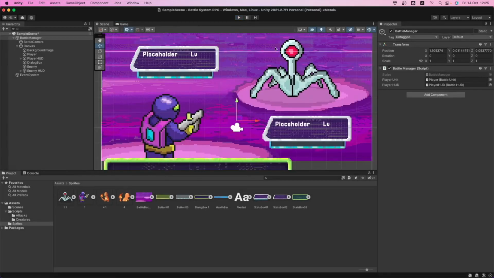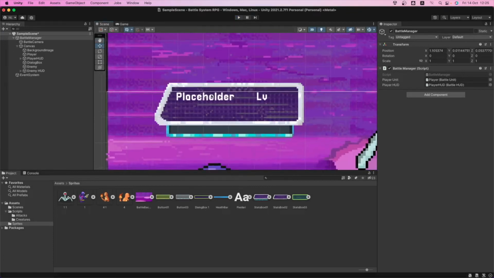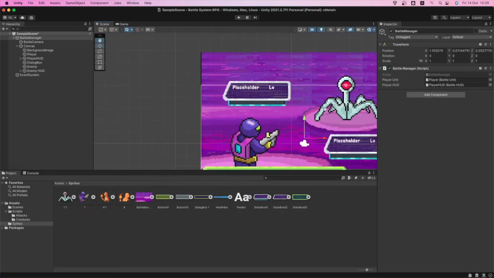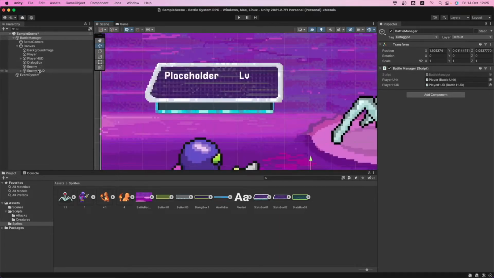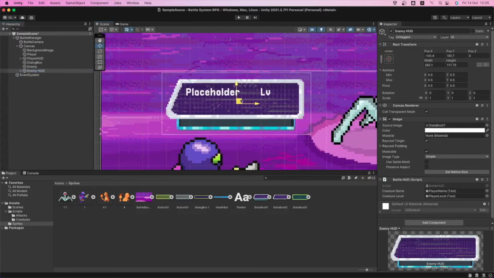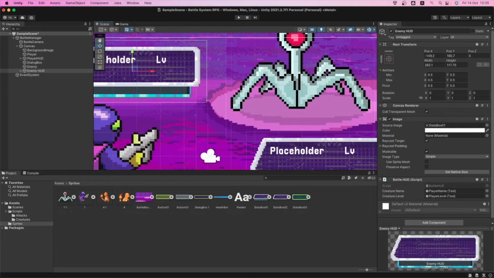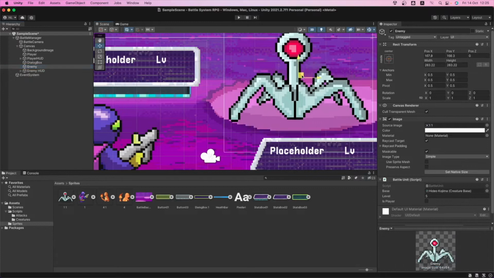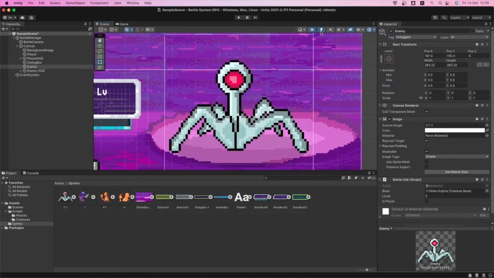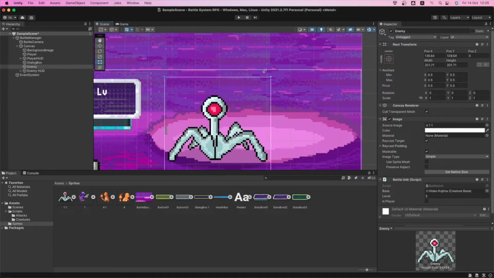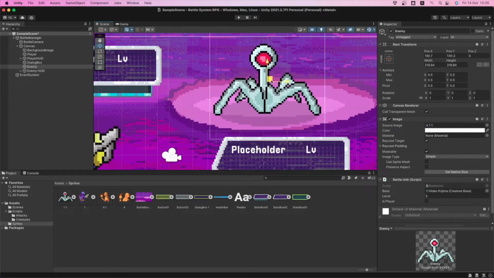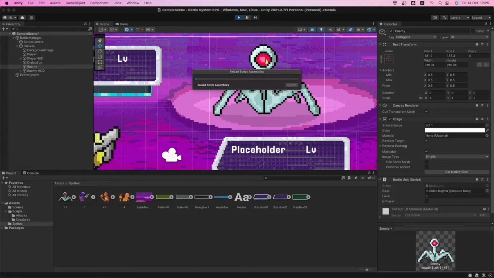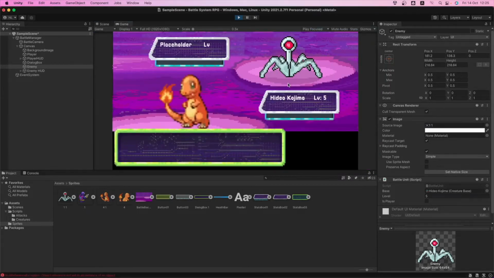Okay, so we're gonna stop this, and as you can see, here is the line of the screen of the camera we're using, and it's saying that this is going out, so we're gonna move it to the right place. So a bit like right there, and we're gonna select the enemy, we're gonna move it a bit like right there, and we're gonna scale it a bit to go inside the space. Okay, great. So now let's go into play mode to see how this looks, and now it looks much better.